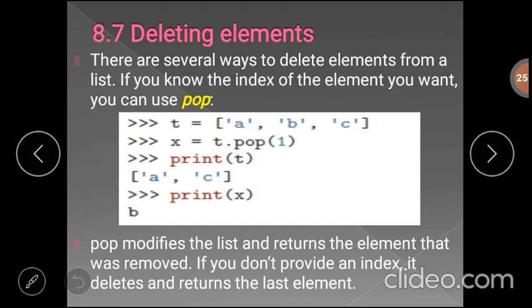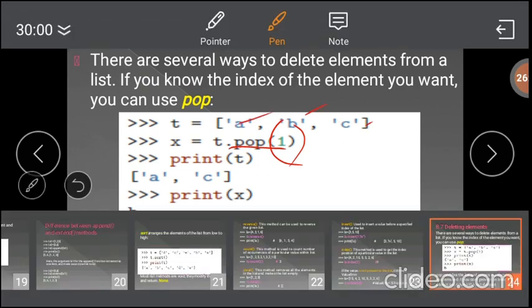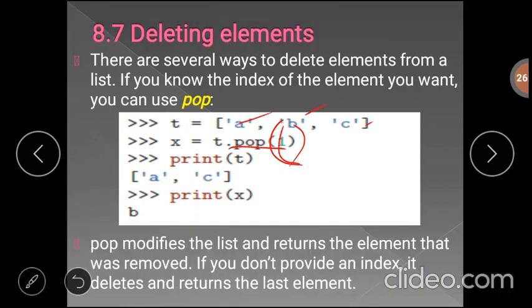Next, how can we delete the elements? We can delete the elements of a list in different ways. One method: if you know the index of the element you want to delete, you can use the pop function with the index number. Okay, t has 3 elements a, b, c. Then t dot pop of 1 will delete the element present at the first index.